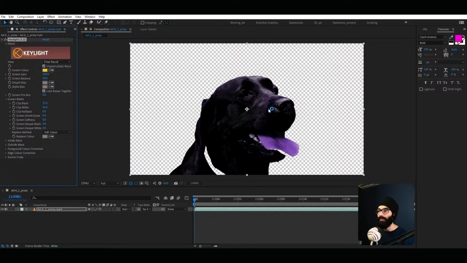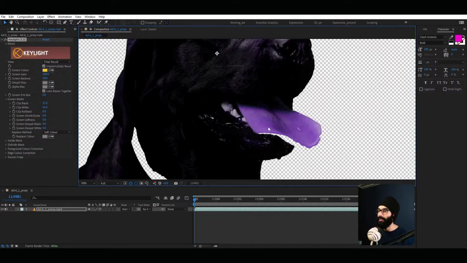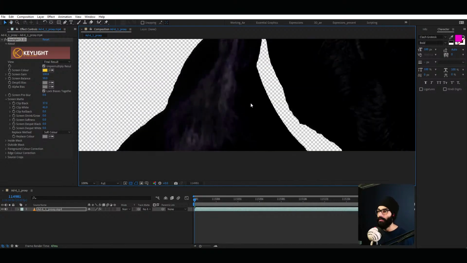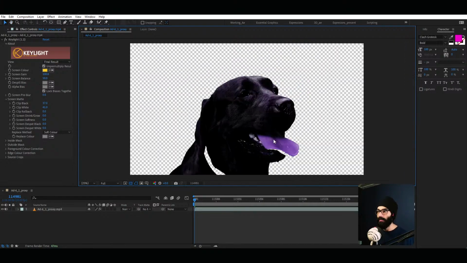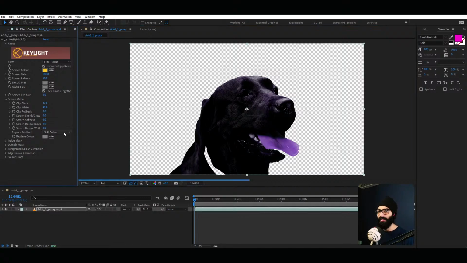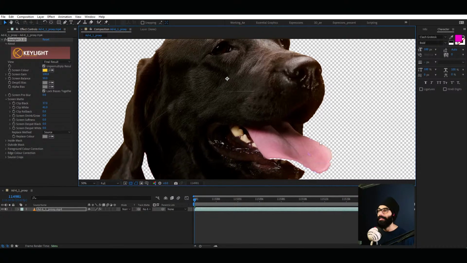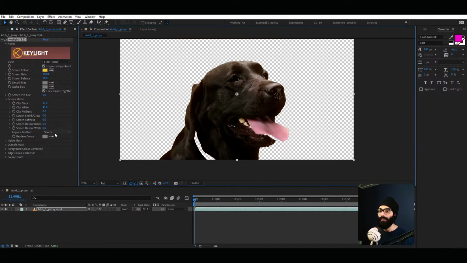Now if I look at the before and after, before we saw that the tongue was a problem with the color and everything, and this tag here is still not visible. So now I don't know if there is a way to go about playing with these settings. I haven't done that yet. Replace method hard color, okay, that helps a little bit, from soft color to hard color. Or if we take source, okay, that is nice. So replace method, if you set it to source, that seems to help us with getting